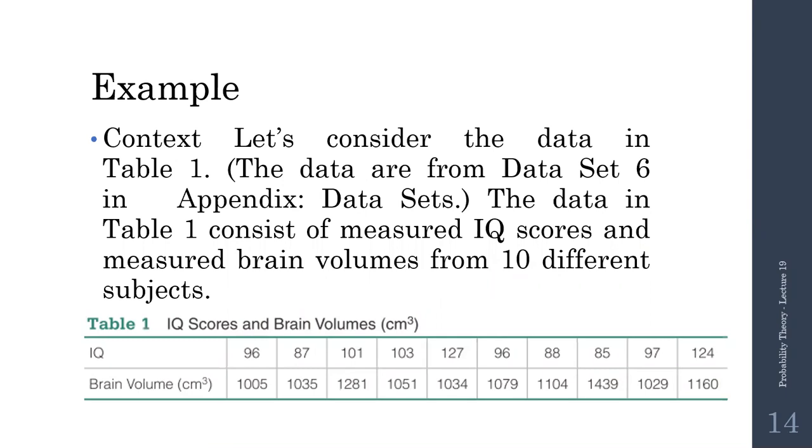Here's an example. It says, let's consider the data in table 1. Here's table 1. This is the data are from the dataset 6 in appendix datasets. Okay, the data in table 1 consists of measured IQ scores and measured brain volumes from 10 different subjects. I think we understand what is IQ score